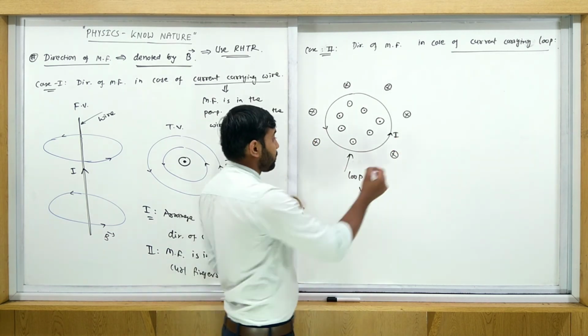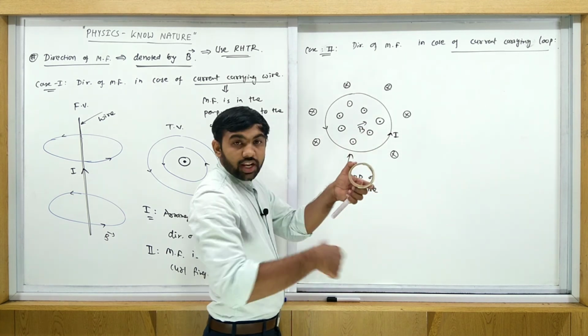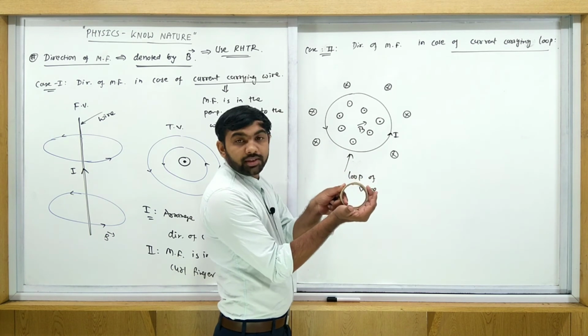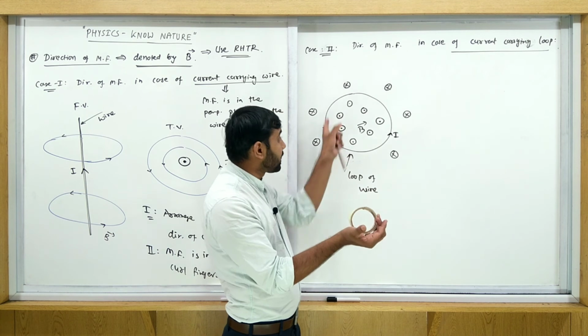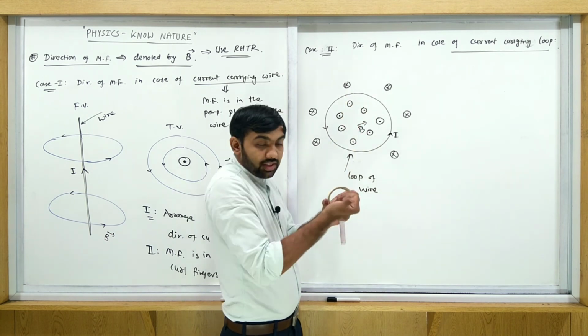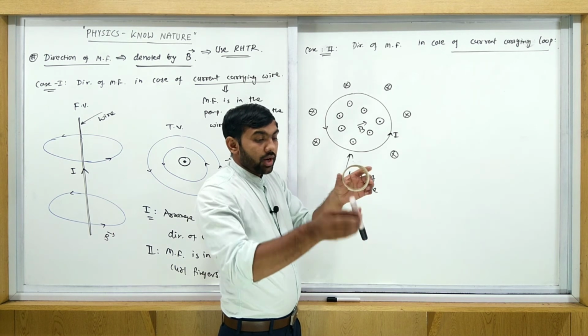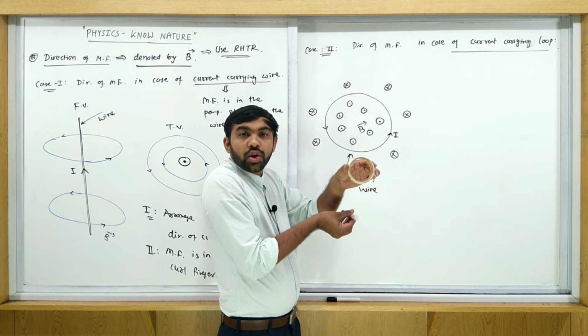Okay, and this one is the direction of magnetic field. Arrange your curl fingers in the direction of current, so arrange like this. The thumb is coming out, and this thumb gives the direction of magnetic field inside the loop. So the magnetic field is coming out, and like this, it is coming out and going into. Inside it is coming out and outside it is going into.